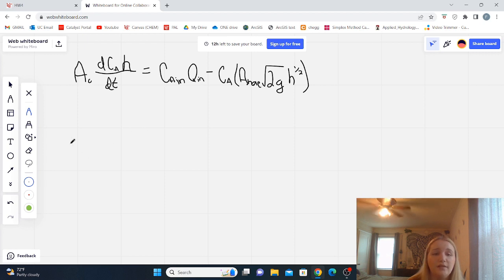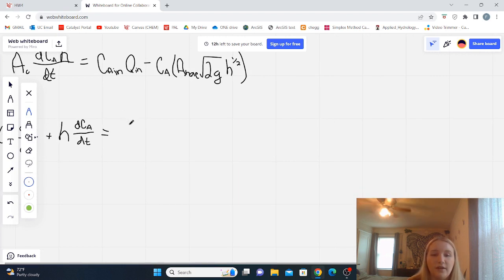So if we do that, then we're going to separate these out, so we're left with C_A multiplied by dh over dt, plus h multiplied by dC_A over dt, and then we're going to have that equal to